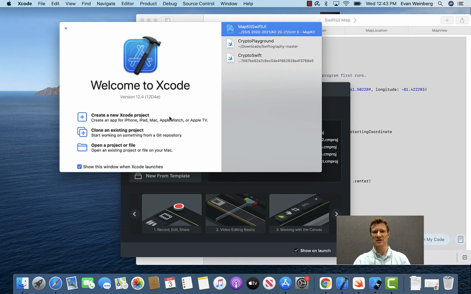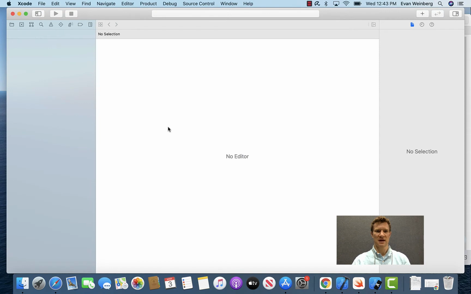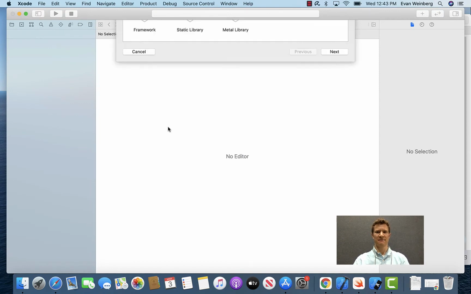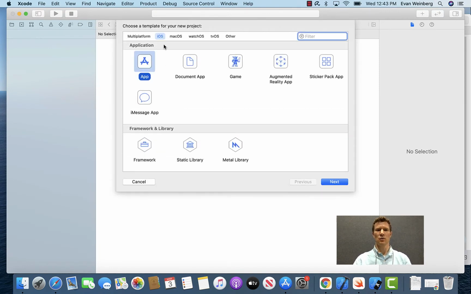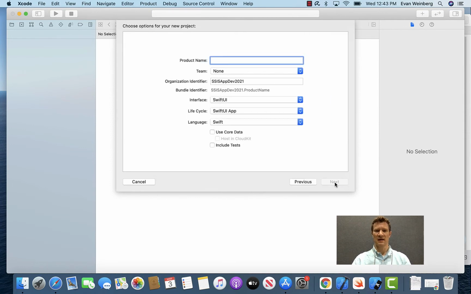So open up Xcode. You will see a window that looks something like this. You're going to go to create a new Xcode project, and it will give you a bunch of options. We're going to make this for iOS. We're going to be creating an app, and those are all the settings you need to worry about for now. Hit next. I'm going to call this Map App